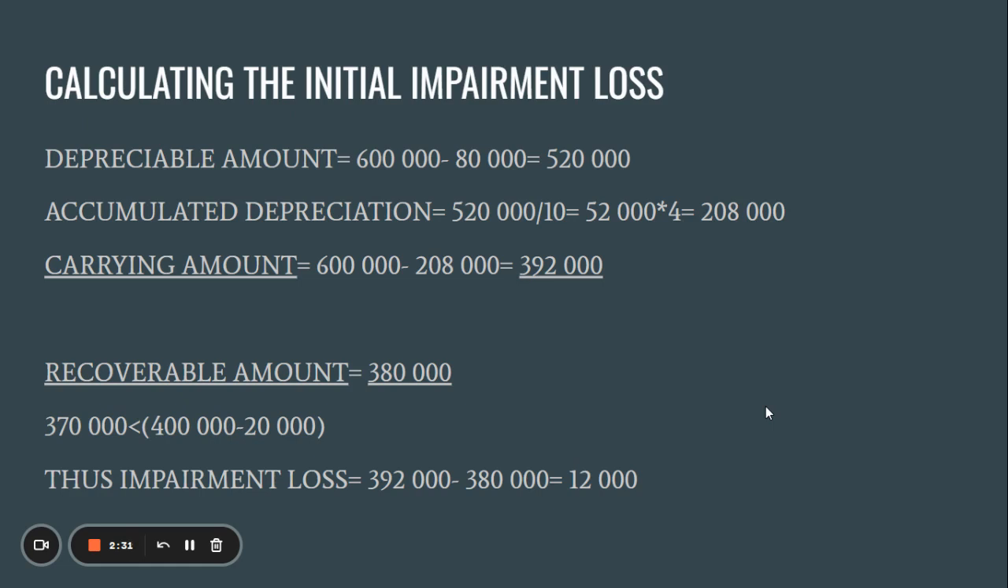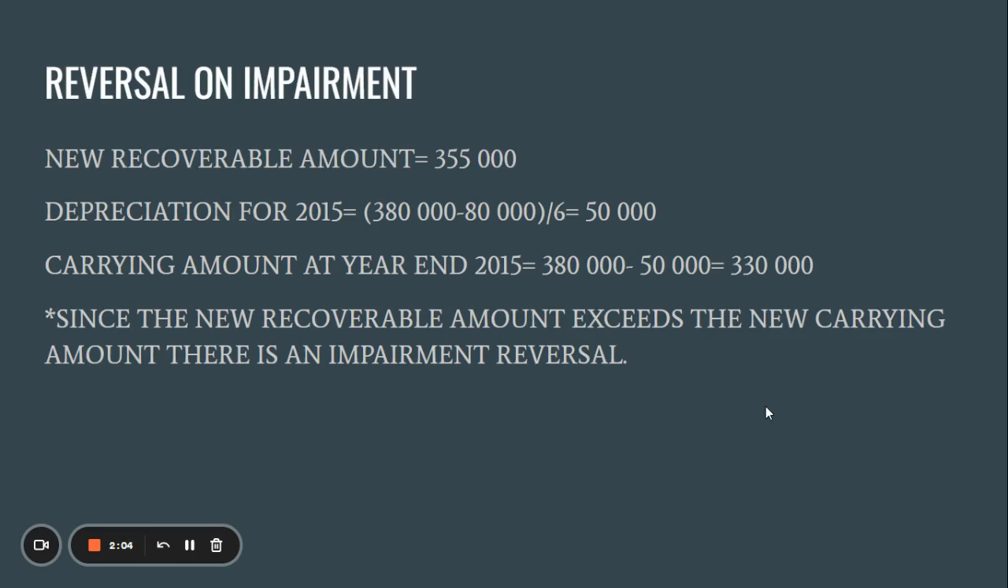year. Our recoverable amount would be 380,000, resulting from the 400,000 that we expect to get minus the 20,000 selling cost, which gives you 380, which is above the 370,000 expected to be received from the future cash flows. Thus, our impairment loss would equal 392,000 minus 380,000, which is 12,000. The reversal on the impairment, however, comes in the year of 2015, where we are given that the new recoverable